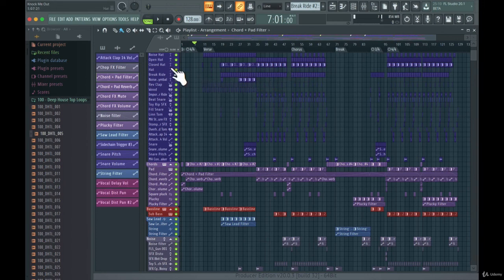Let's talk a bit about the different tools that we have in the playlist. So you can see here we have our little toolbox here, which I call it. And you can see draw is the first one, paint, delete, mute,